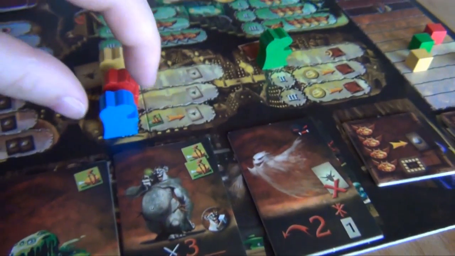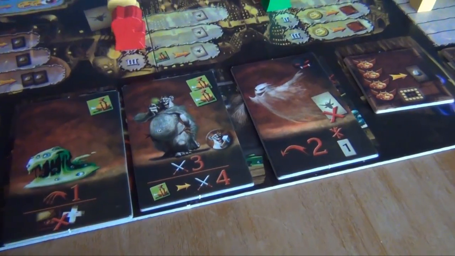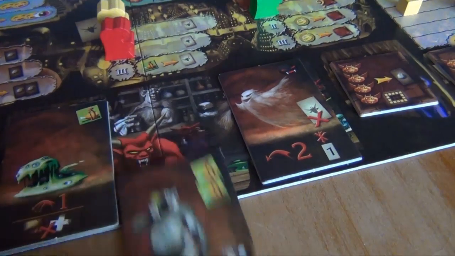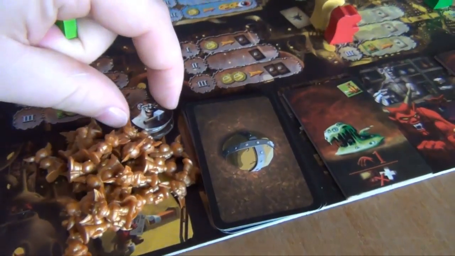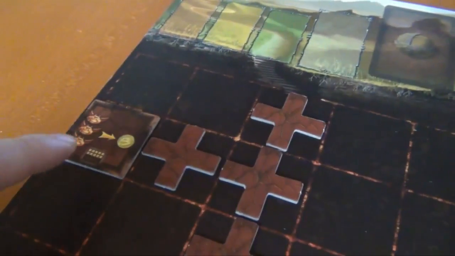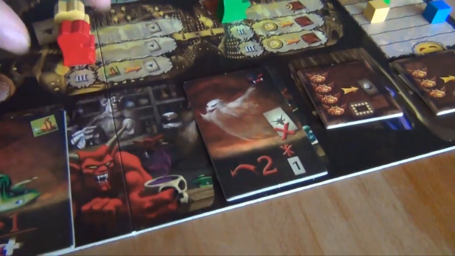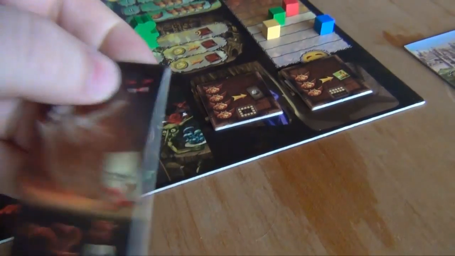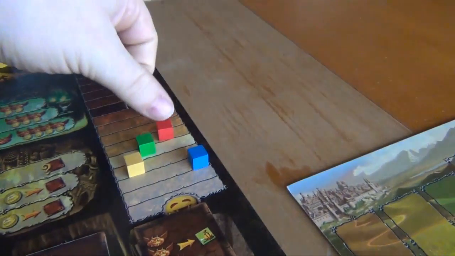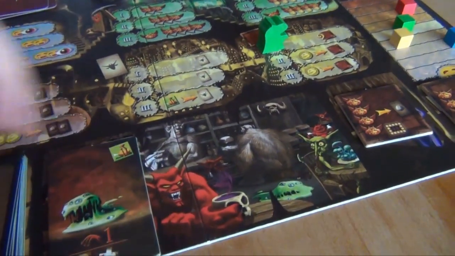Then the blue player can hire a monster first, but he has to pay a food. And he decides to hire the troll, so that'll cost him 3 food altogether. And one of the troll's abilities is that he comes with a troll token that he can place with his imps and use as if it were an imp, but only for production in the rooms. Then the red player can hire a monster, and he decides to take the ghost, which will give him yet another increase in evilness. And then finally the yellow player is left with picking the slime, which will cost him